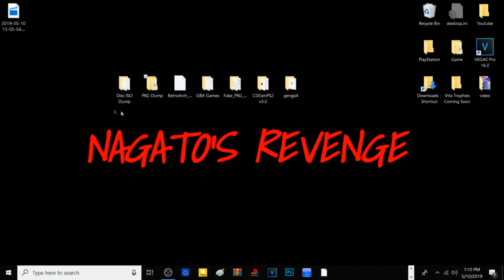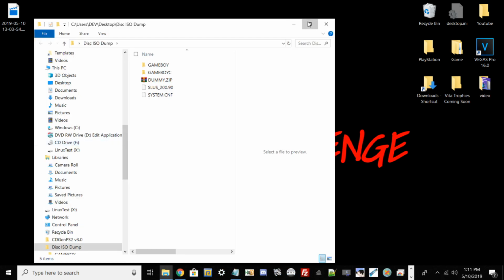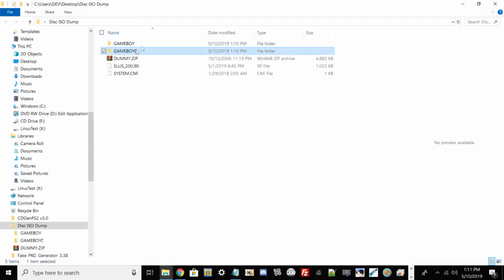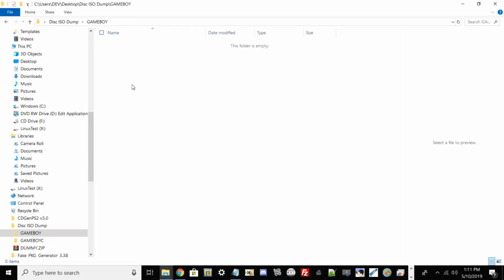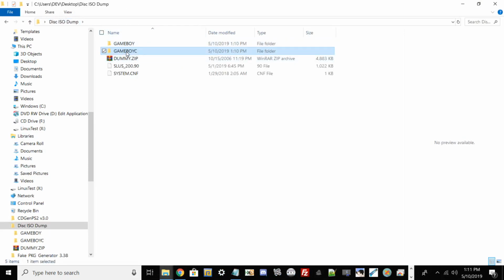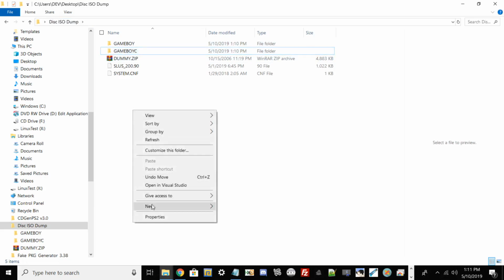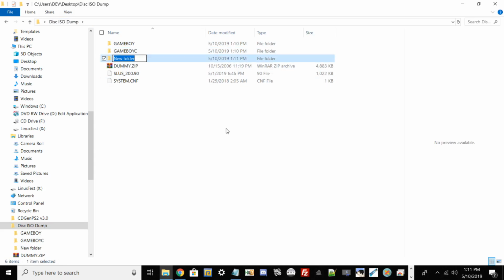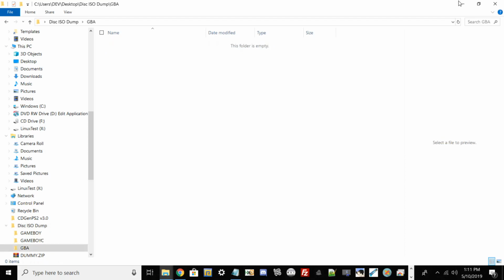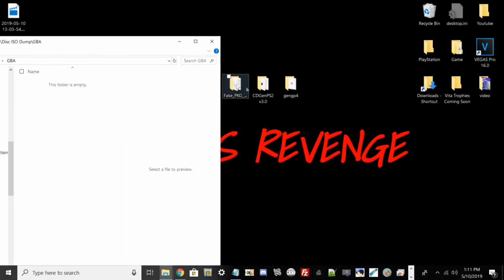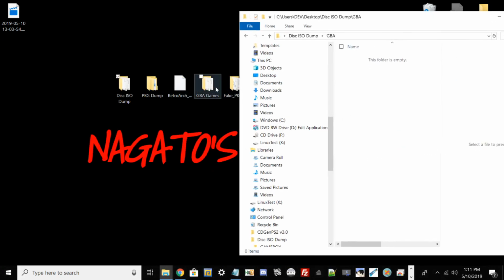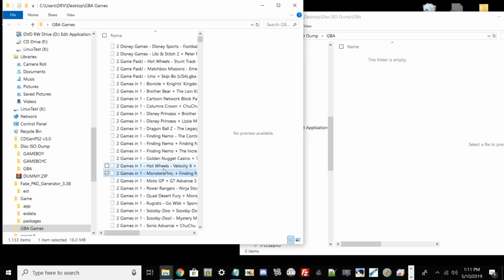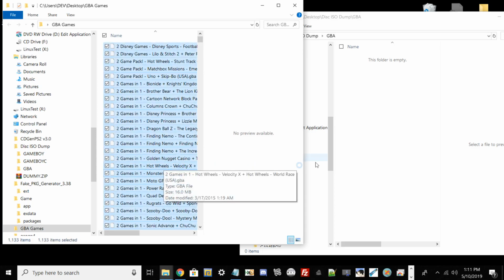So we just dumped our ISO content, and this is where all of our games are going to go. Right here it has Game Boy, and I guess Game Boy Color games you could also put in this directory as well. What we're going to do now is right click and make a new folder. Let me go here, and we're just going to call it GBA, just to make it simple. Then from here, we're going to take this little folder right here with all of our Game Boy Advance games, and we're just going to copy it over